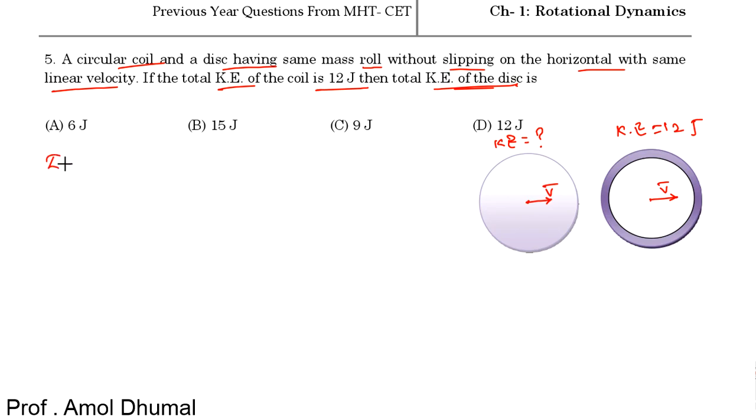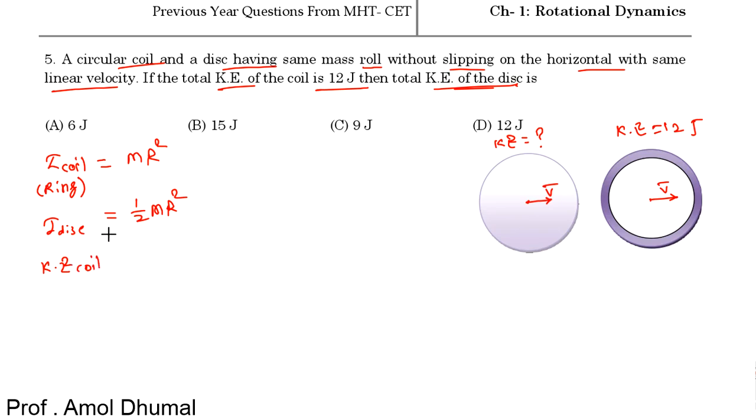So the moment of inertia of coil is given as m r square. Coil is nothing but a ring, m r square, and the moment of inertia of disk is 1 half m r square. Therefore,